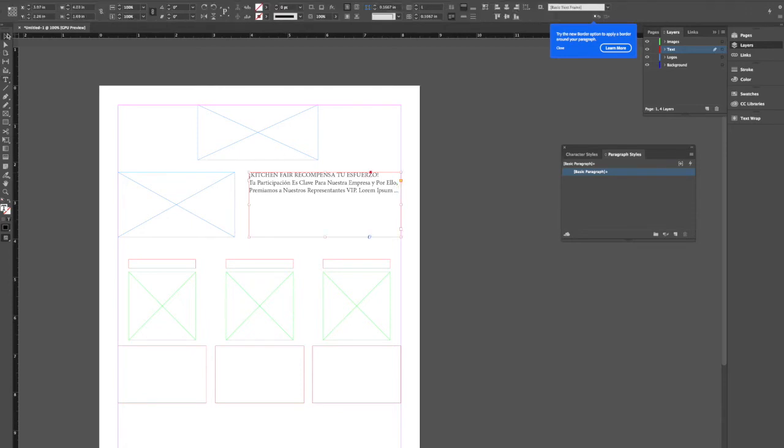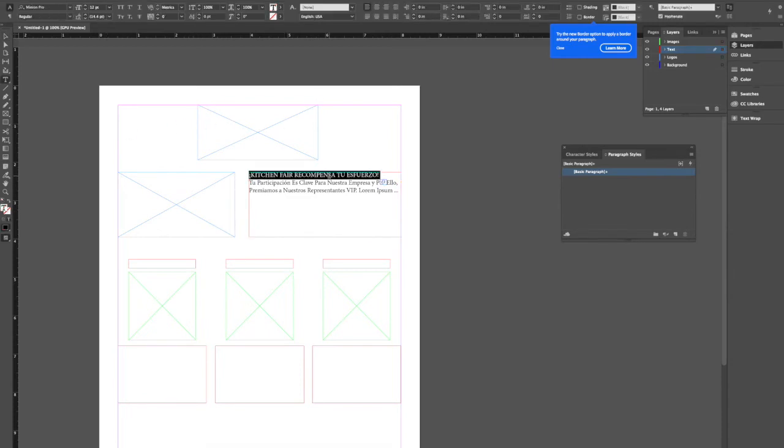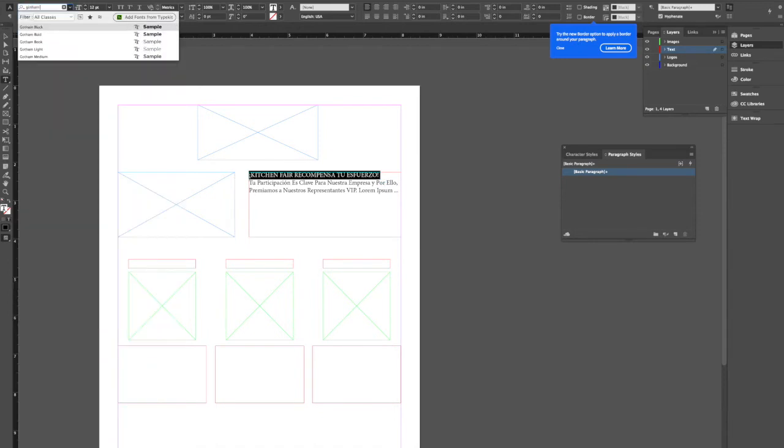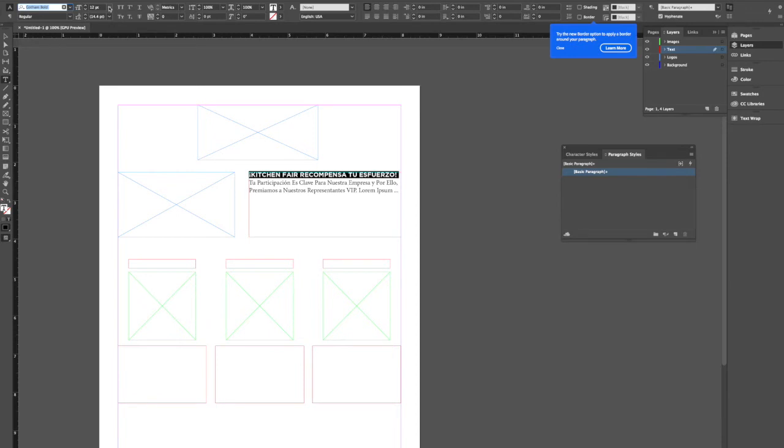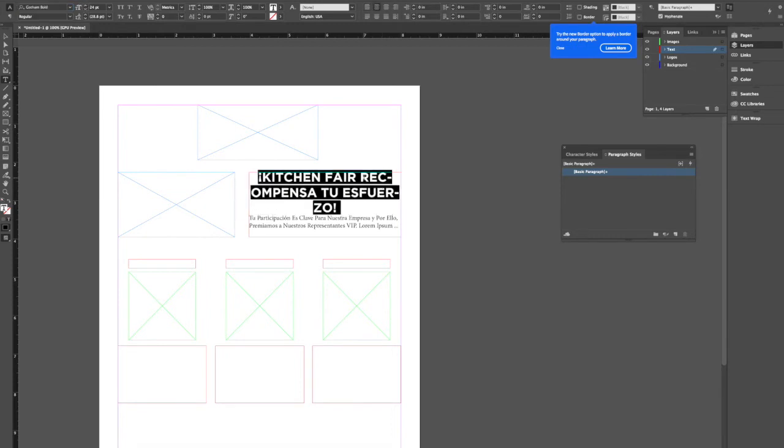Yeah, I'm just gonna put anything else is just placeholder. Okay. So let's format this guy right here. Let's make it bigger, change the type font. I'm not going to spend a lot of time looking for the right type of font. Let's just pretend that you guys gave me Gotham Bold as my headline